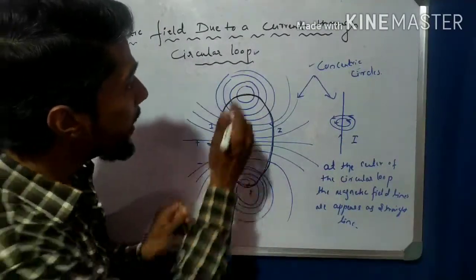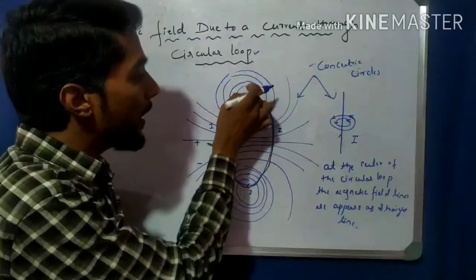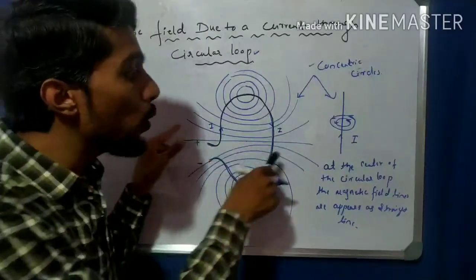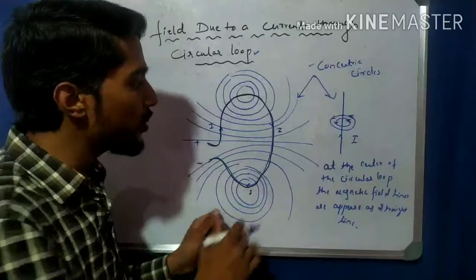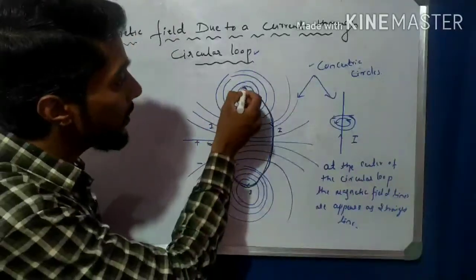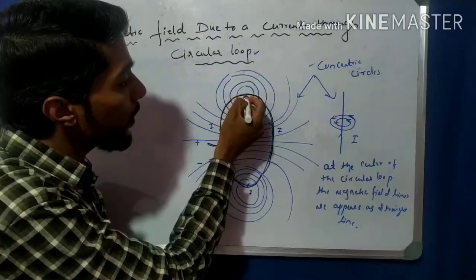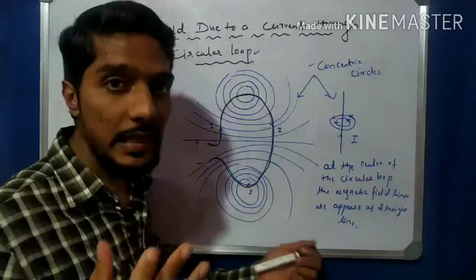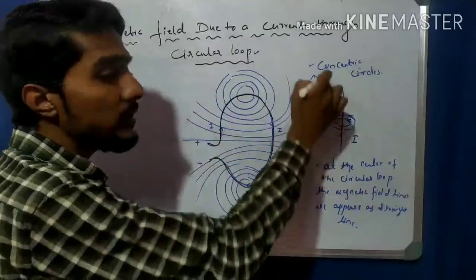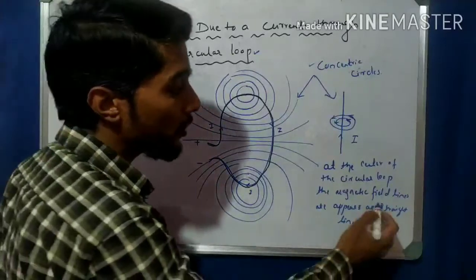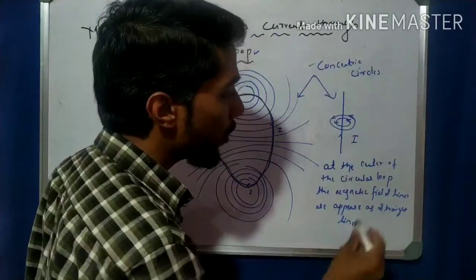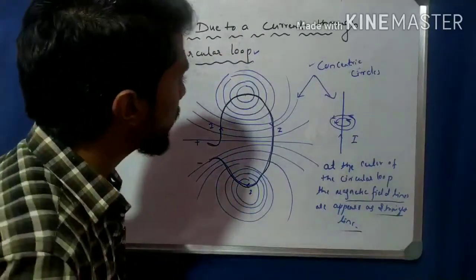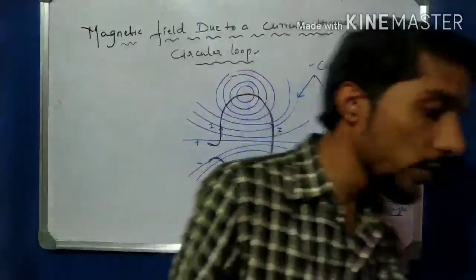So we observe that near the conductor it is circular, but when we come to the center point and take the magnetic field structure at the center, it looks like a straight line, but it's actually circular. Because when we move away from the conductor, the size of the circle increases, the radius increases. So the big circle looks like a straight magnetic field. At the center of the loop, the magnetic field appears to be a straight line, but near the circular boundary it is concentric circles. This is a very important concept.